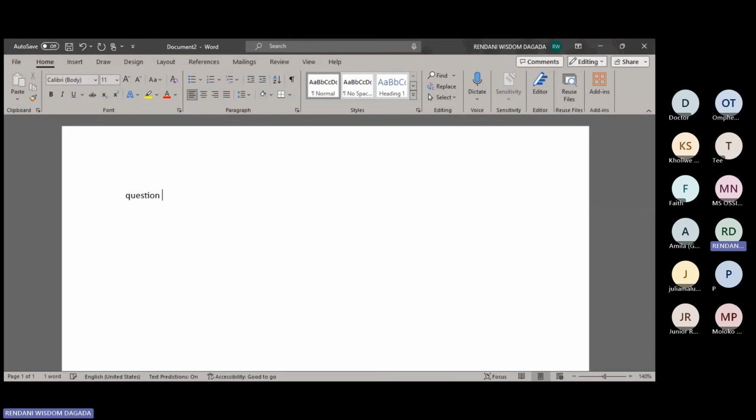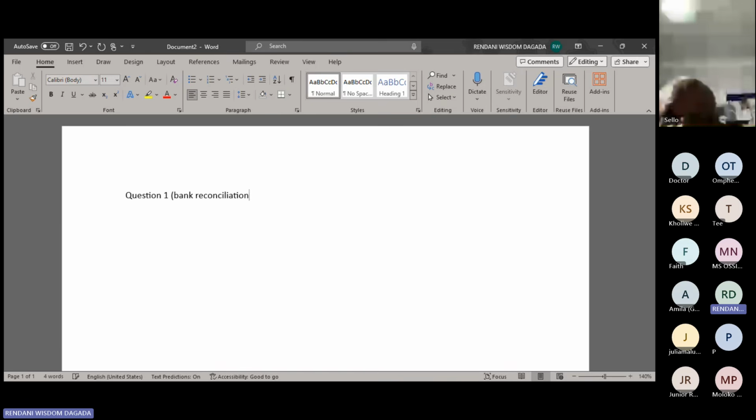Question number 1 is bank rec. Before we start bank rec, I just want to give you a little bit of a background here. When it comes to the bank reconciliation, this is the only section in the exam that is always there, and it becomes a little bit different from the ordinary way we apply the principles. That is bank reconciliation for you. It's different to how we apply other principles on the other questions. So question 1, we're going to do bank reconciliation. Whenever you see your bank reconciliation in the exam,